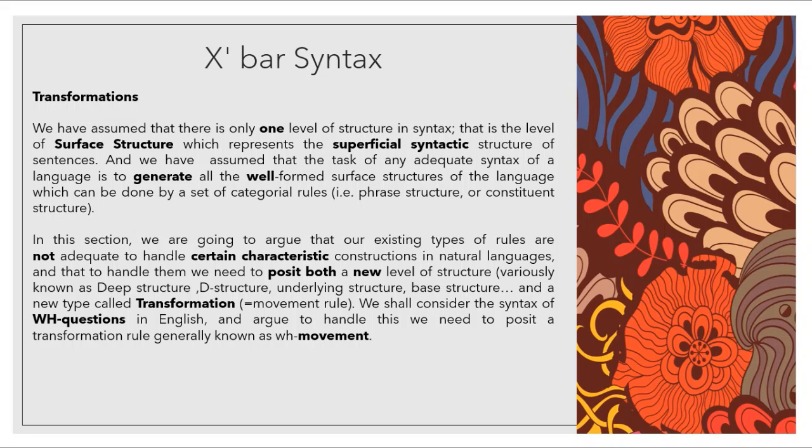And we have assumed that the task of any adequate syntax of language is to generate all the well-formed surface structures of the language, which can be done by a set of categorical rules, that is to say, phrase structure